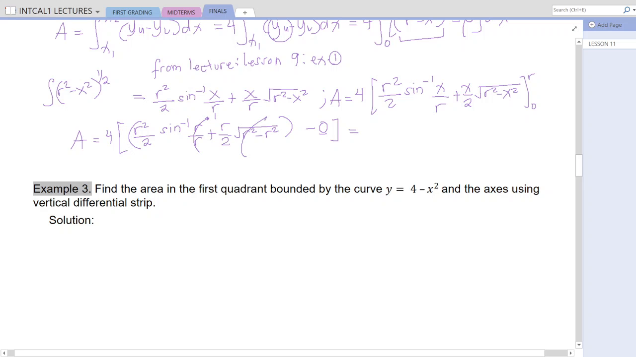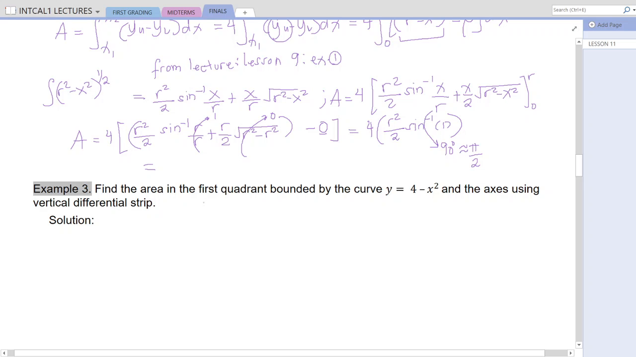and for this, that is equal to 0, what remained there is 4 multiplied by r squared divided by 2 sine raised to negative 1, or the arc sine or the inverse sine of 1. Okay, and then we note that the inverse sine of 1 is equal to 90 degrees, or equal to pi all over 2. Okay, so having this one,